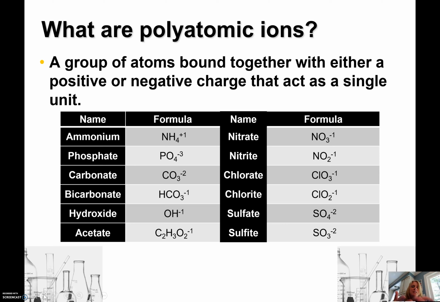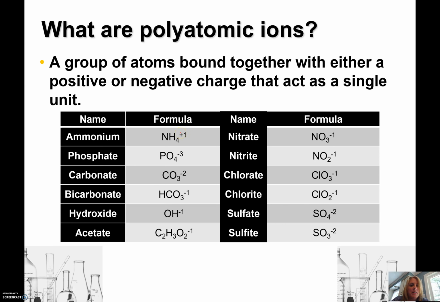So this list here is the list of the ones that you have to memorize. There are actually more, but these are the only ones you have to memorize. If we take a look at them, here's our first one. Here's ammonium, and it's one nitrogen. The number on the bottom indicates how many of that element there are in this polyatomic ion. So there's one nitrogen, and there are 4 hydrogens bound together as a single unit, and it has a charge